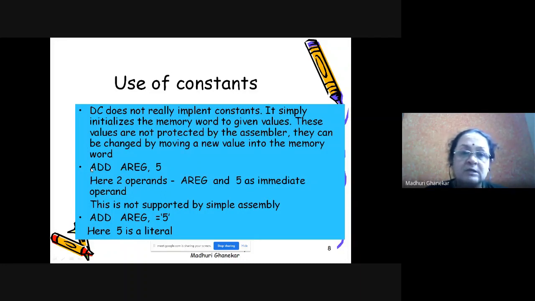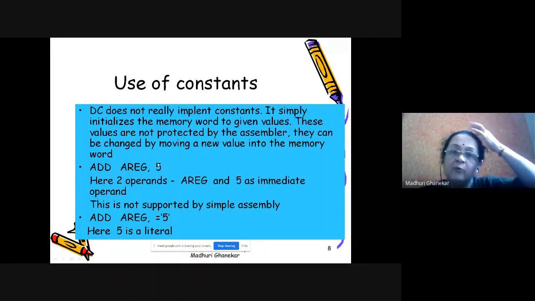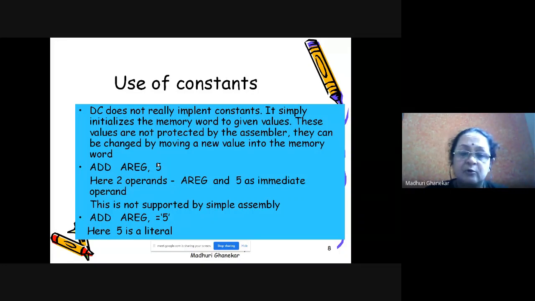Okay, now this: ADD AREG, 5. Suppose this particular statement you are using, ADD AREG, 5. So this is having two operands: AREG is the register operand, and 5. Now, what is the difference as compared to writing ADD AREG, A or ADD AREG, B, meaning some variable name, some symbol, apart from a constant, and using a constant in the add statement?